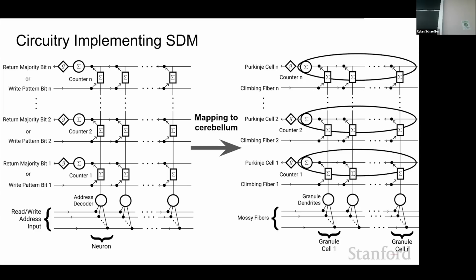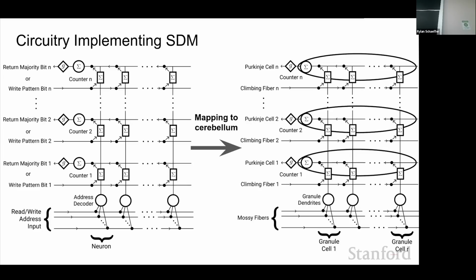So the main theory is that you have updating through time-dependent plasticity, where your climbing fiber, which is doing what you want to write in, will fire either just before or just after your granule cells fire. And so that then updates the Purkinje cell synapses for long-term depression or potentiation. So whatever time scale that's happening on.